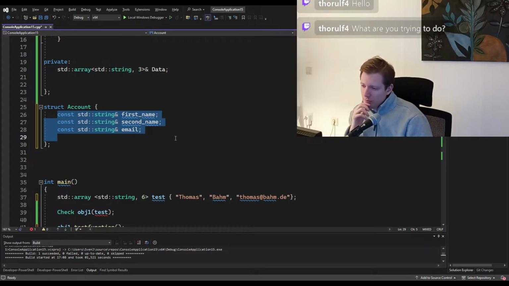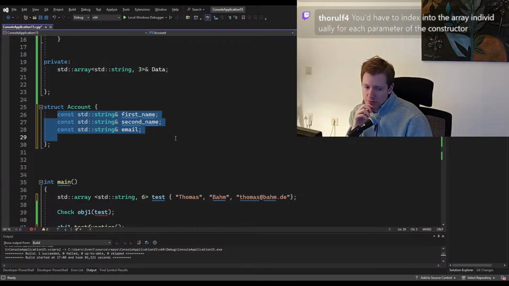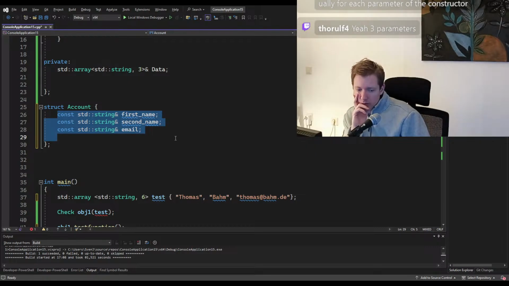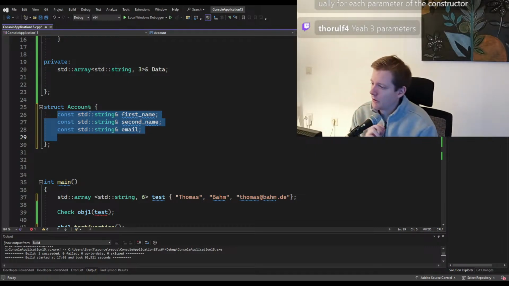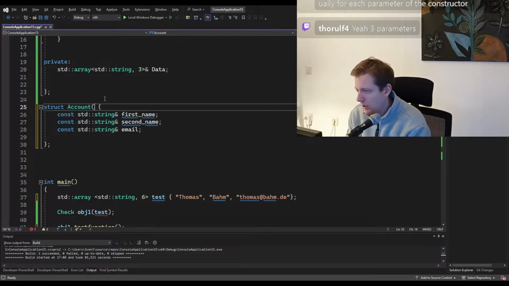So I would have three inputs. You do have to index into it. Yeah, I need three input things, right? And then I would say, okay,